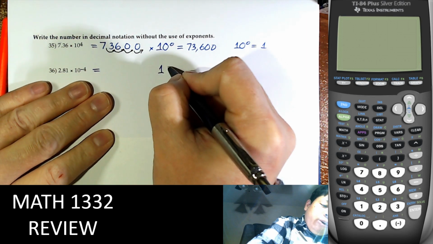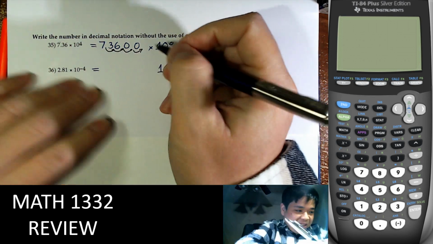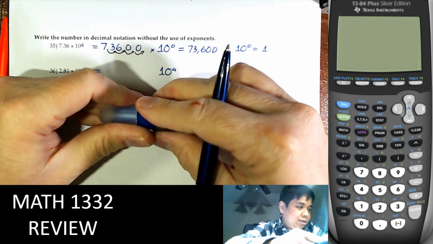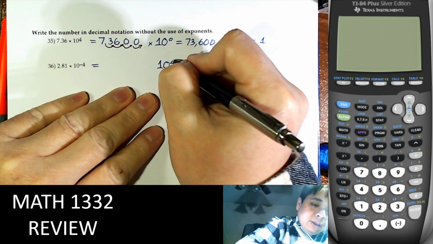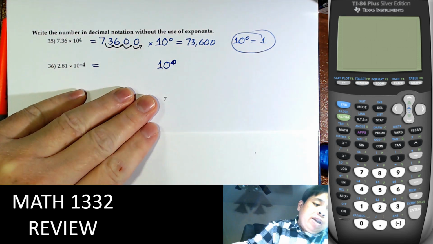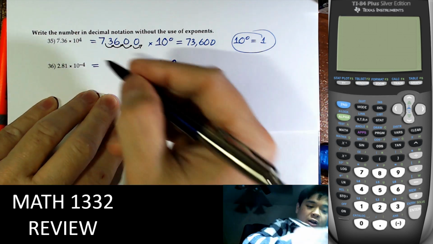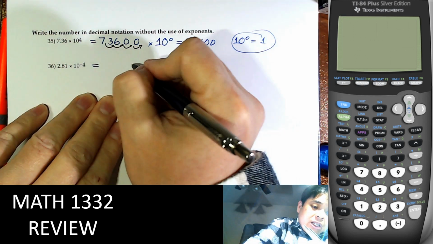Now we go to the 0 power, because 10 to the 0 power is 1. So we make this from negative 4 to 0. We make it bigger, right? Negative 4, make bigger by 4. So in this case, this number,